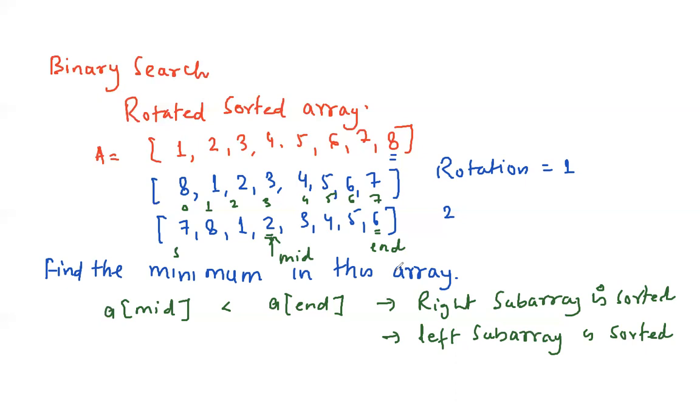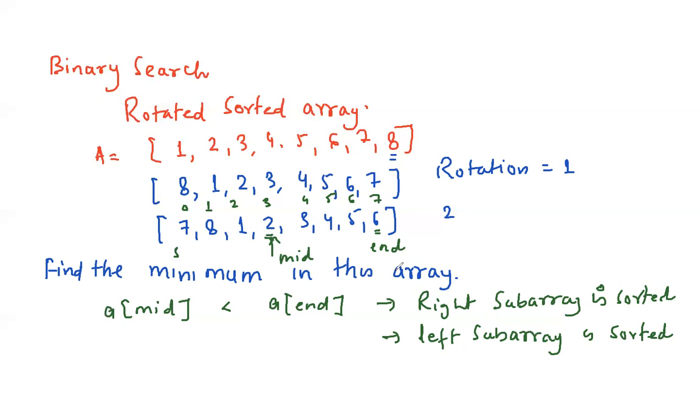So I have to discard the right side. You have to discard the right side, yes. But you just can't return the first one. So you just tweaked it. So if you do first, you compare a of mid with a of end. In that case, what will be the result of that? Can you repeat the question? In your example, if you compare a of mid with a of end, what will be the result?